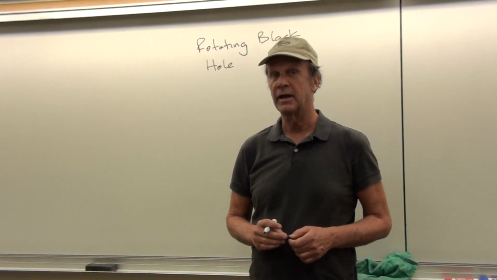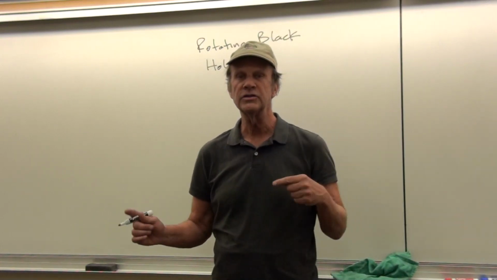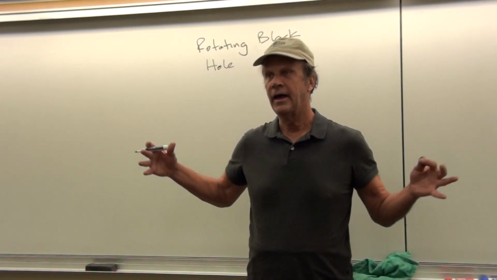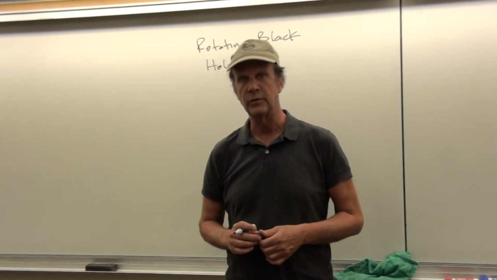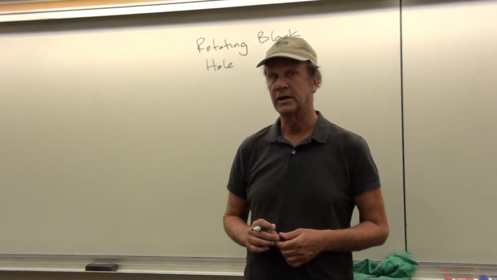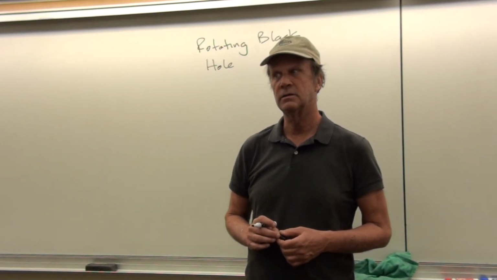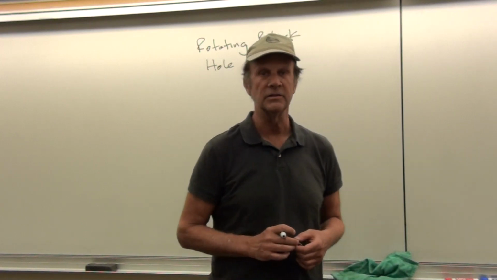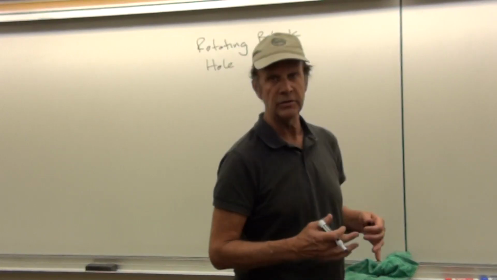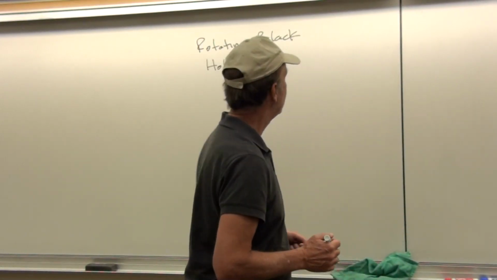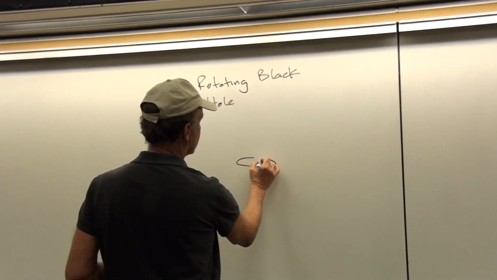But the rotating black hole solution is perhaps a more physical solution because the star originally is rotating. And so as the star collapses under the influence of gravity, we would expect that its spin rate would pick up. Because of that, it took all the way until the 1960s to discover the rotating black hole solution once computers could help to solve the problem. And so this is kind of an interesting variation on black holes.